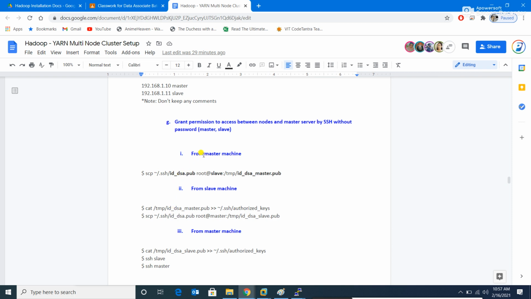From the master machine you have to run scp. scp is secure copy to a remote server.